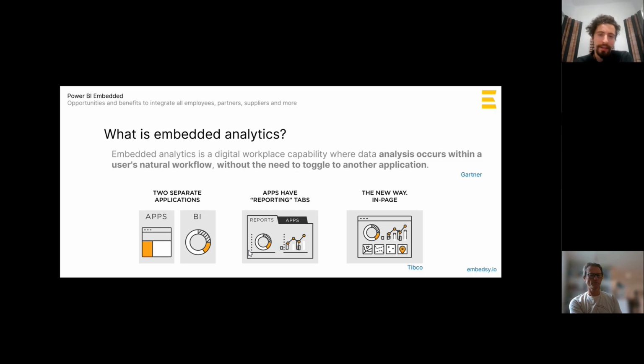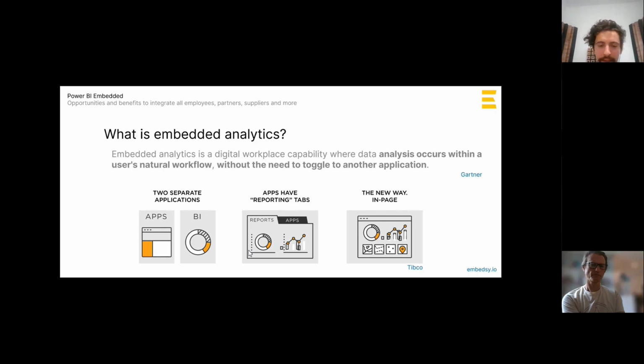Which means that essentially the analytics you usually have in a BI tool like Power BI, Tableau, Looker, whatever, is not anymore in this separate application, a BI tool, but it's embedded, it's together, located in the same app that everyone uses.